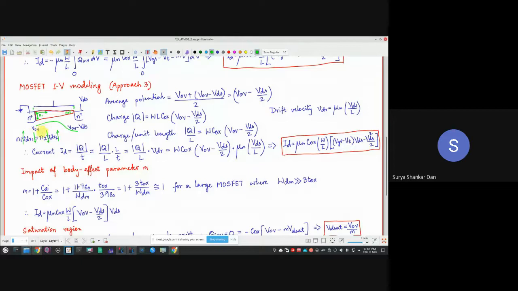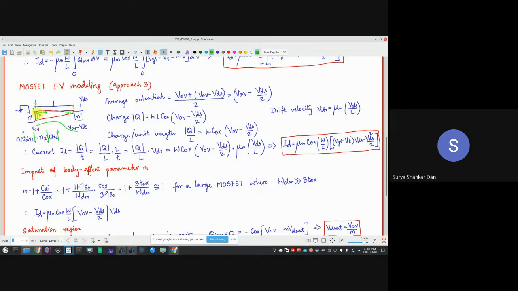Once I've explained this, one of you had explained that this is representing the depletion region. Actually not. You will notice, as we will see later, that the depletion region thickness is more in the drain region than in the source. Why? Because the total charge should remain the same. So the amount of charge here at this point should balance the N1, which is more, and the number of boron ions over here.